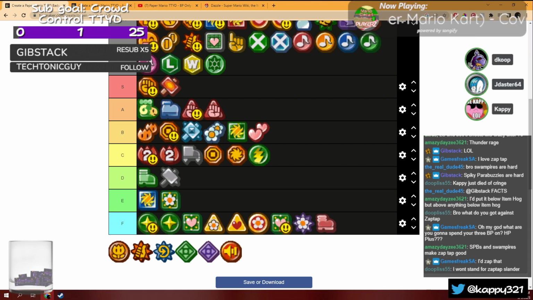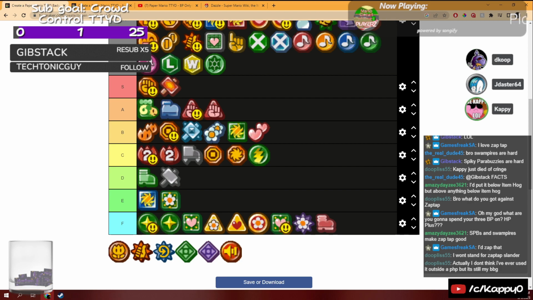Okay, yeah, that might be an oversight. Hey, it's got numerous uses though. That is true. Okay, here's what I'm gonna say about Zap Tap. It has two main uses: Swampires, obviously, and Badge Bandits. I guess Badge Bandits too, and okay,